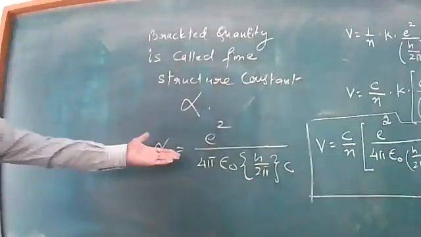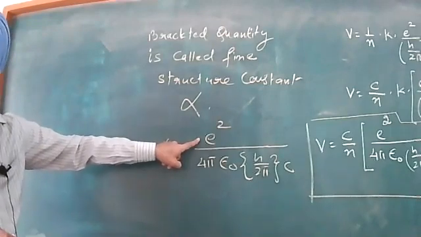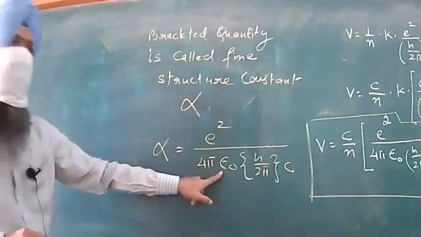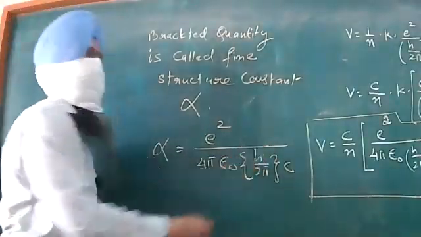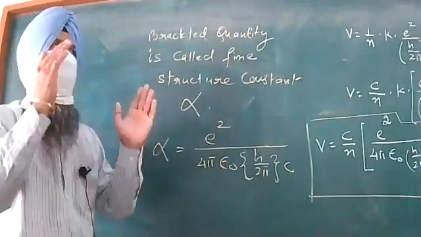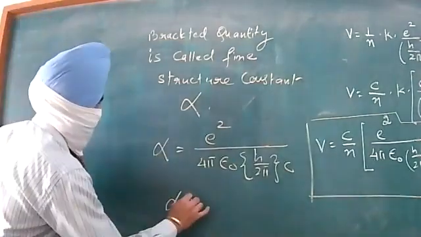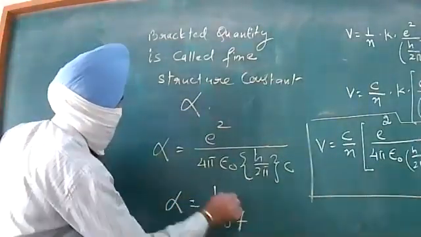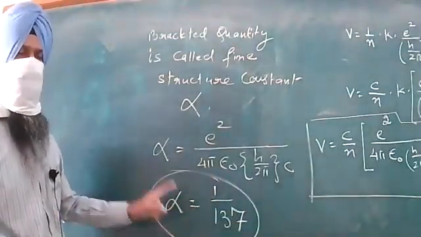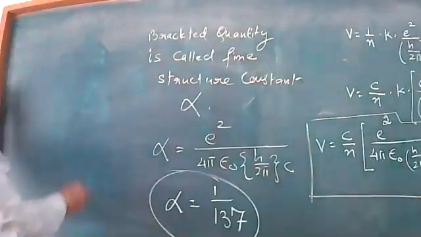So dear students, please focus on this expression. e, this is the charge on the electron. Epsilon naught is well known to you for air or general vacuum. h, this is Planck's constant, again well known to you. 2 pi is still constant, c is still constant. These all constants when substituted over here, we will be getting its numerical value to be 1 by 137. This is your fine structure constant alpha.